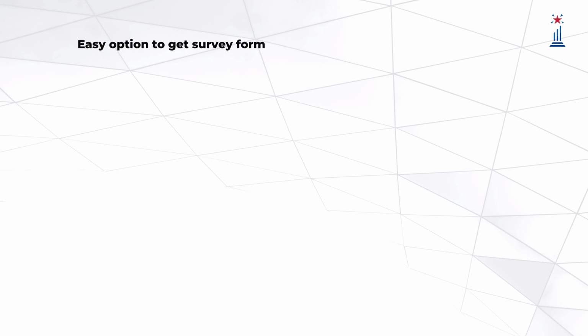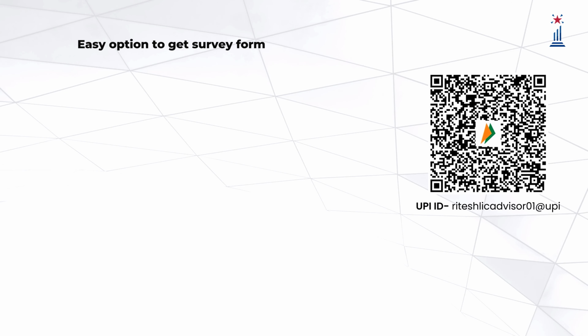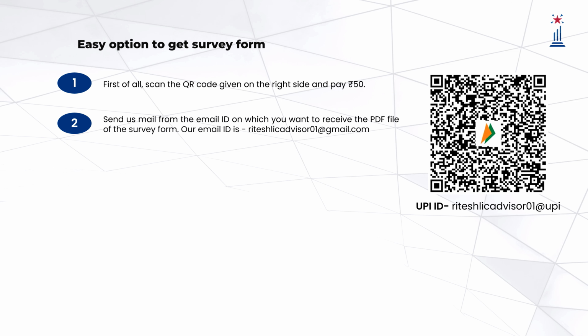Friends, let me also share another convenient option with you. If you wish to receive the LIC survey form directly in your email, you can get it by making a small payment of ₹50. All you need to do is scan the QR code displayed on your screen and complete the payment. After that, please send us an email from the same email ID on which you want to receive the form. Our email ID is Ritesh